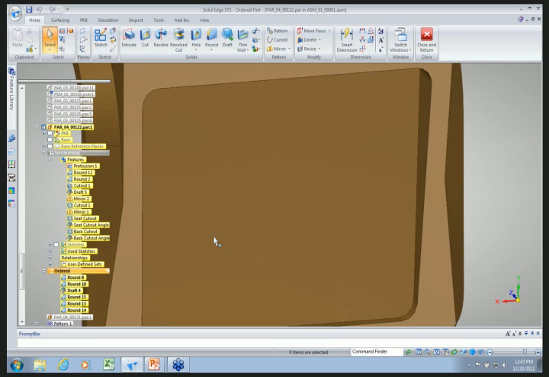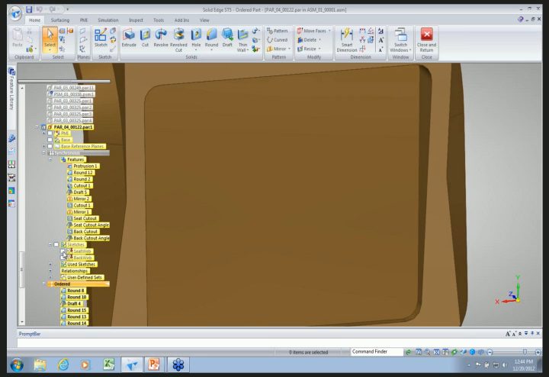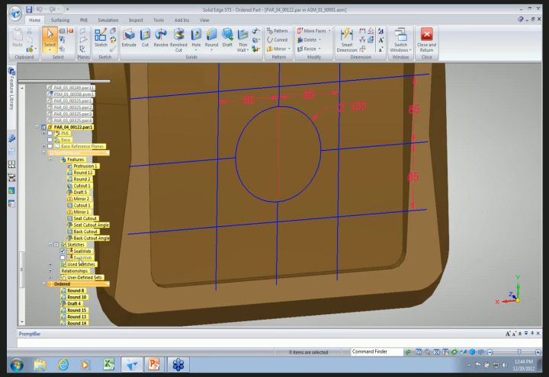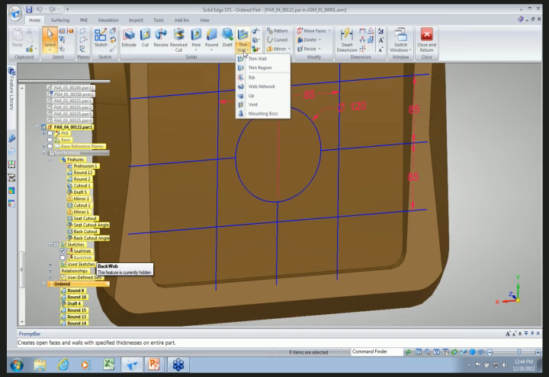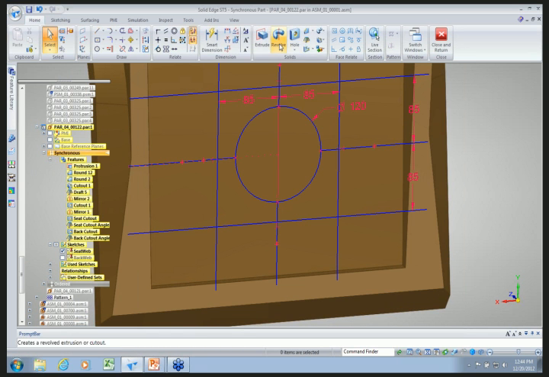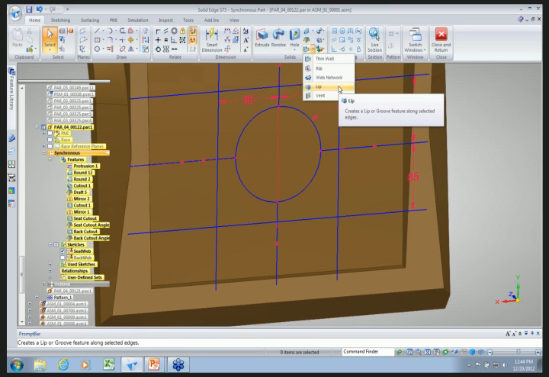So what we're going to do is come in here and turn on the seat web sketch, and you'll notice that this time we're in the synchronous environment. In the synchronous environment, you don't get the mounting boss command. That's only in ordered. So we're going to go into web network again,